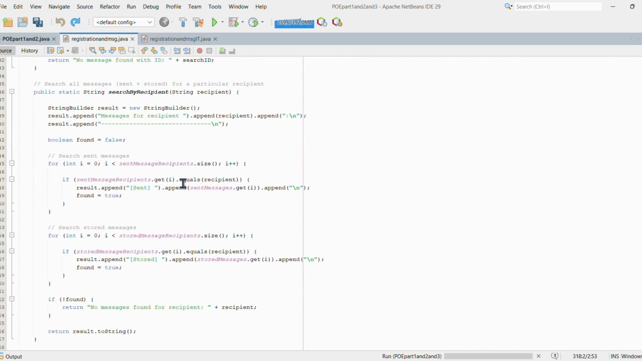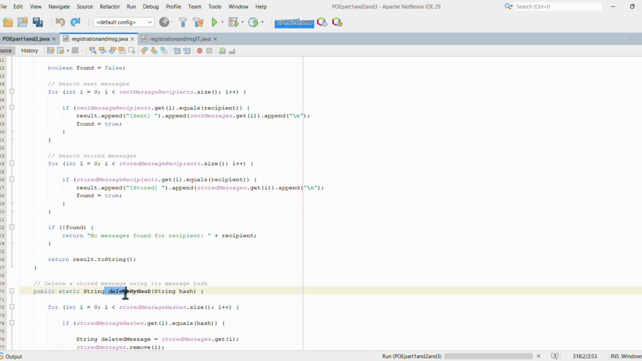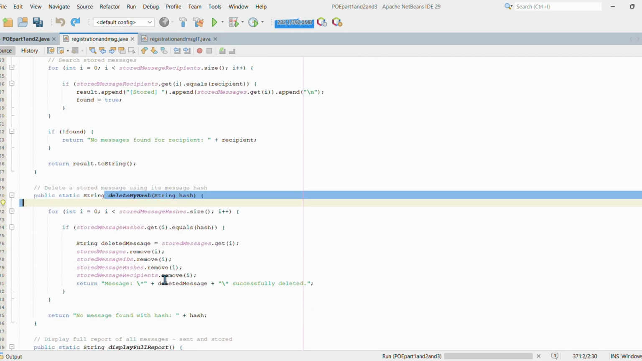Then we come to our delete by hash. So this method here where it says delete by hash just allows the message hash to be deleted, right? So the loop searches through the stored message hashes, and then it matches the hash by finding the stored messages remove, or the stored messages ID remove, or the message hashes, or the messages and recipients remove. Okay,